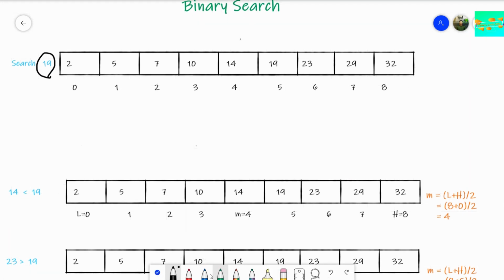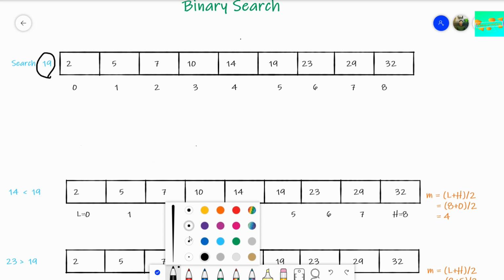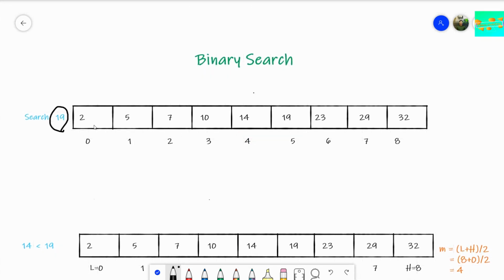If we are given this array, first look into this array properly. In this array, you can see that the elements are already sorted. There's 2, 5, 7, 10, 14, 19, 23, 29, and 32. These are the elements that are in the array. So the array is already sorted.